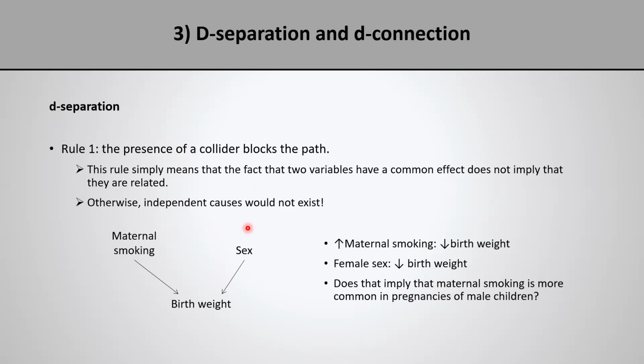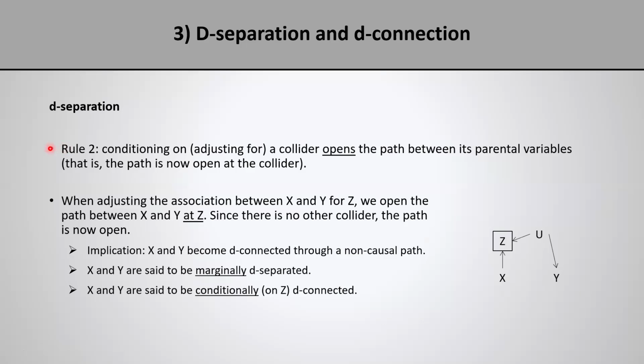My point here is that if they are related to one another, it's not because they have a common effect. Now, the second rule of d-separation states that if we have a collider in the path between, say, X and Y, and we condition on this collider, we open the path between its parental variables. That is,